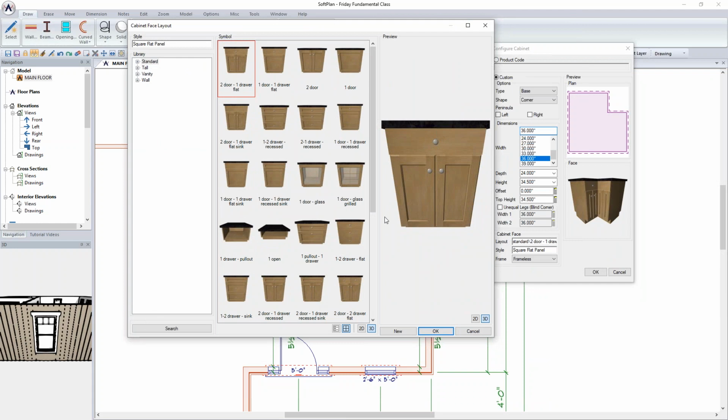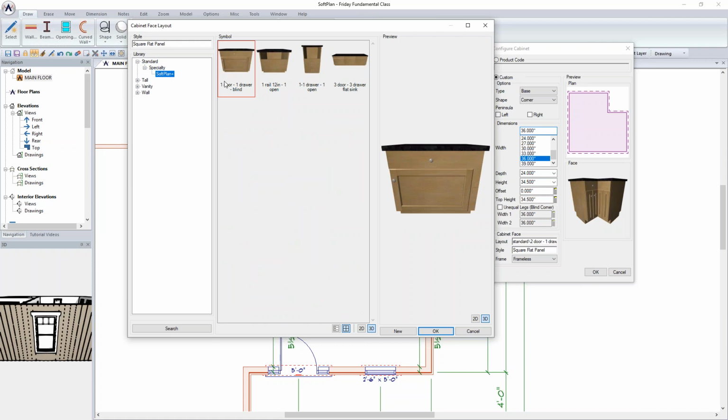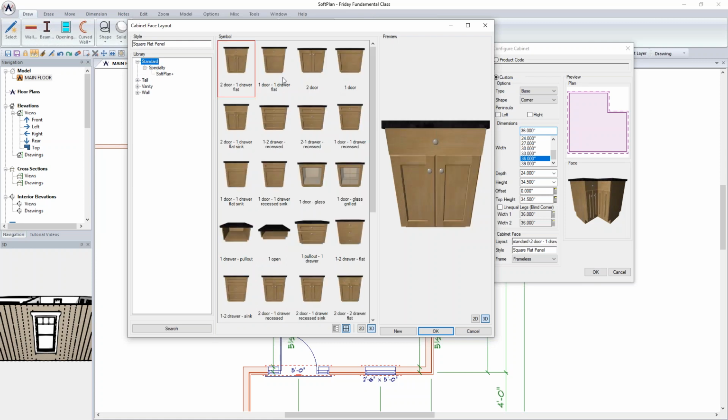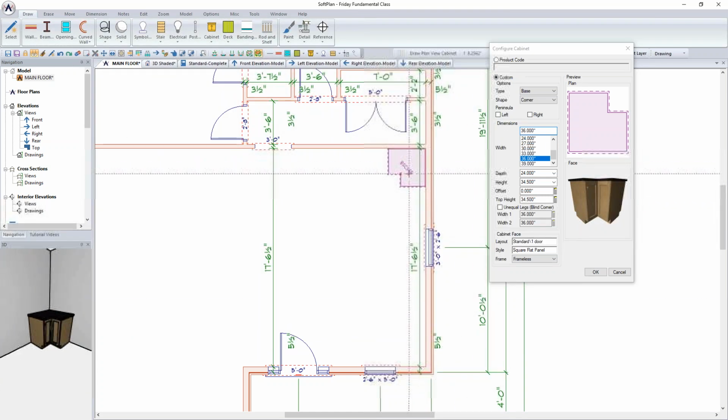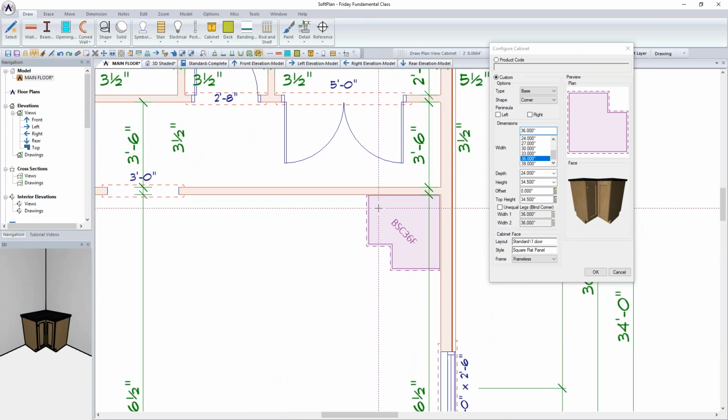Okay, we have a whole host of general ones that you can select from, and then you can also even go into specialty type, patterns and so on. In our case, this would work, and we just want a single door being listed on this. And so I'll click OK, and I'm just going to position my cursor where I want to draw it, click against the wall, and draw it into the plan. And very quickly, we get ourselves a cabinet drawn on the actual plan itself,